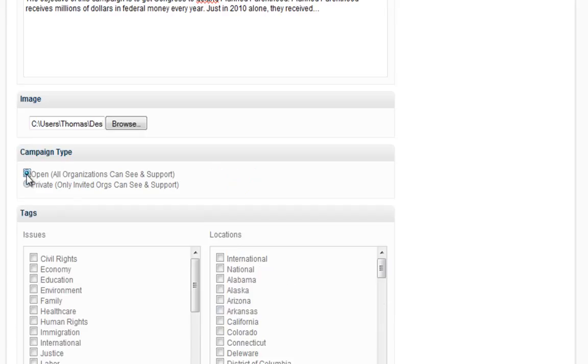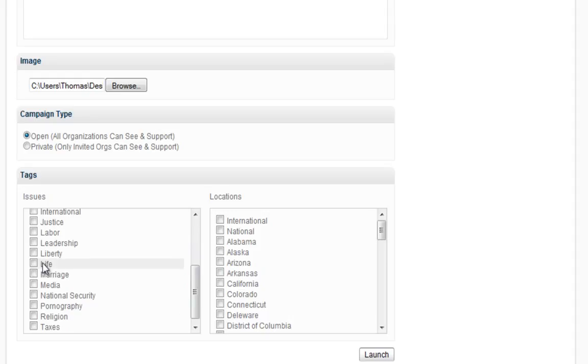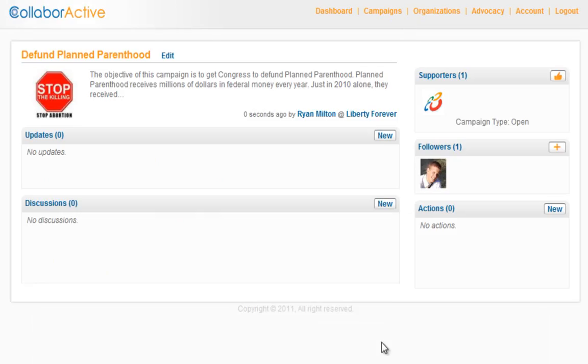We recommend that you always have a campaign as open, thus allowing you to work with more organizations and be more effective. Scroll down and select the issues that the effort relates to. This effort relates to the budget or the economy, as well as to pro-life efforts. And then select the location, which in this case is national. Then you can launch the effort, and you have a campaign overview page where you can keep track of everything